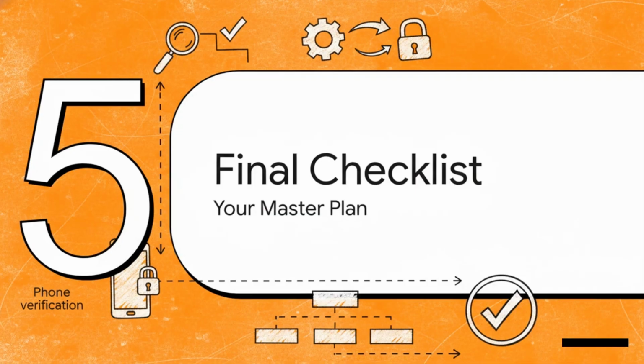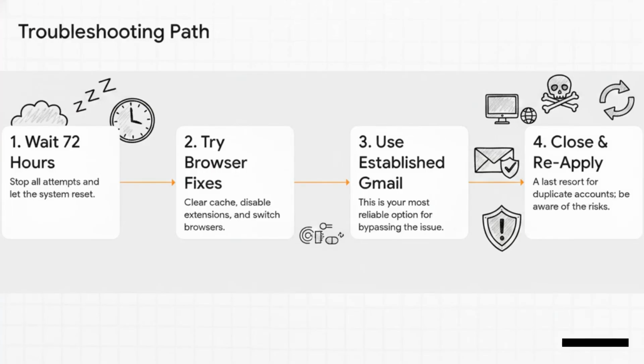Phew, okay, we have covered a lot. So let's pull it all together in our last section, your final verification checklist. This is your step-by-step master plan. So here it is, laid out from the easiest thing to the most drastic. First things first, just stop. Wait 72 hours. If that doesn't work, move on to all the browser and device fixes we talked about. Your best bet, and honestly the next thing you should try, is to use a totally different established Gmail account. And only, if all of that fails and you fully understand the risks, should you even consider that final